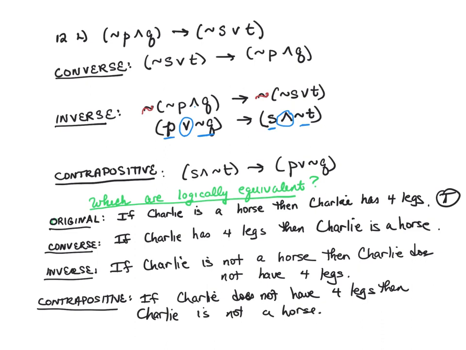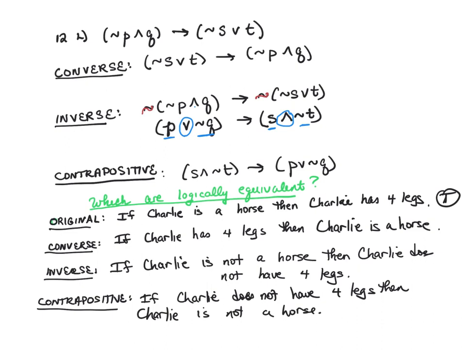All right, now would that always be true? If Charlie is not a horse, then Charlie definitely does not have 4 legs? I would tend to say no. I could think of counterexamples here. Like, what would be an animal that is not a horse